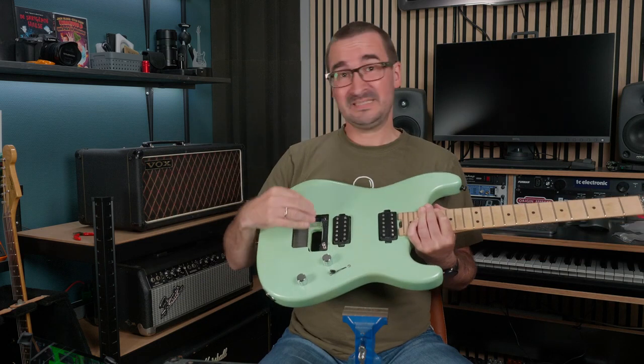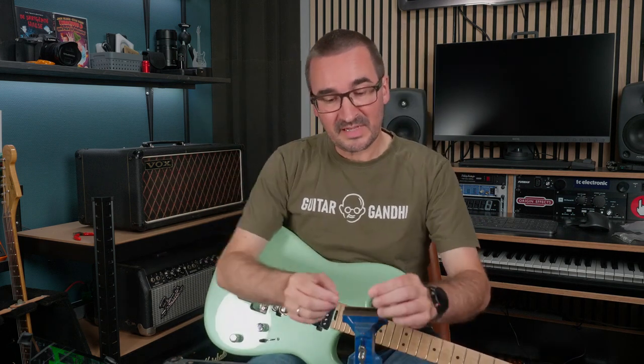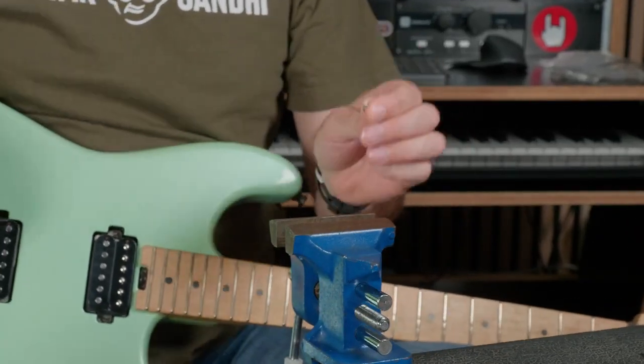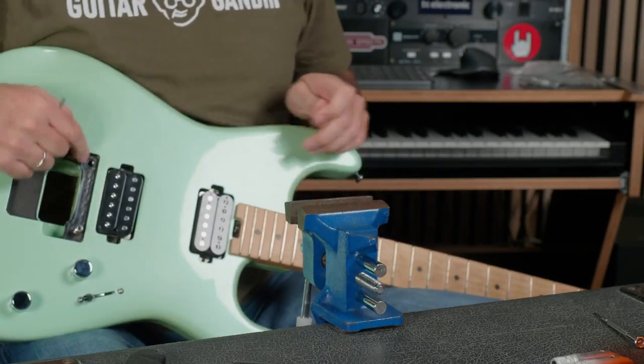However, the guitar is made of wood, so this little locking pin will just be squeezing into the wood, and that's not the best solution. So what the guys at Sophia Tremolos did was come up with this little part. It's called a locking insert screw, and the idea is that you screw it into the threaded hole on the